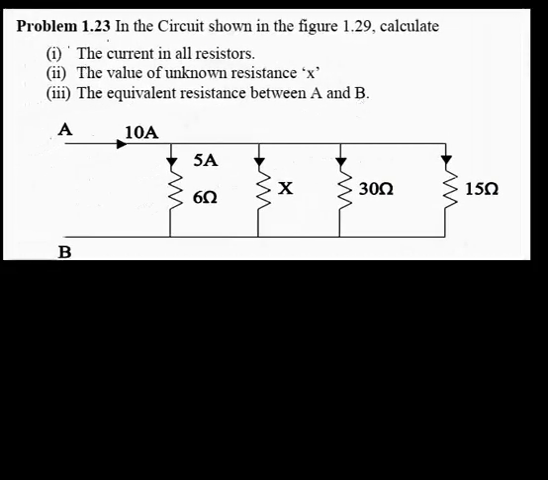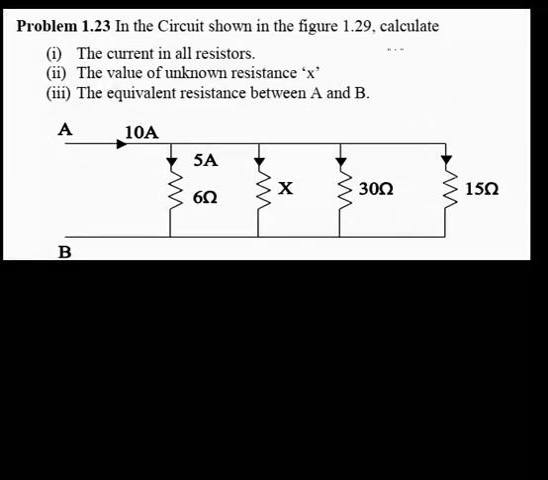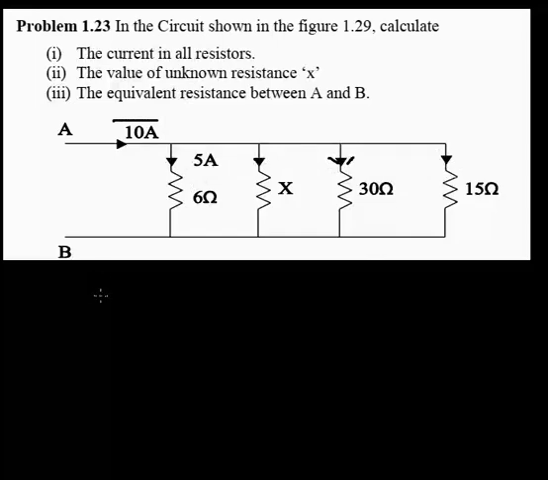So the question goes like this: in the circuit shown in figure 1.29, calculate the current in all resistors. Okay. So of course, you know what happens in this parallel connection. The total current that's flowing is 10 ampere. It will divide among these resistors in ratio. So the 10 ampere, which of course is the total current, will divide itself among these resistors in the following ratio,